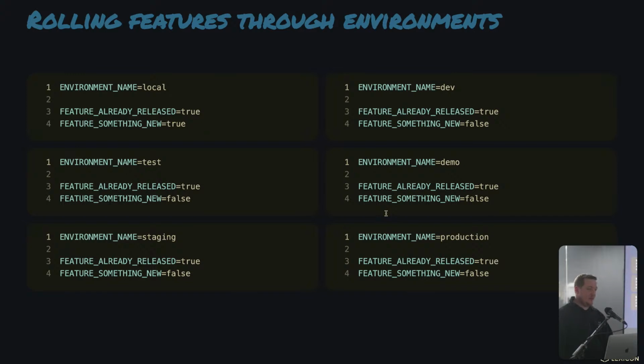And then we just control them. So here's a couple of config files for all of my different environments. You can see here I've got 2 feature toggles in my system, and I've got one that's already released, so it's true in all of the environments. And then I've got a new feature. I'm building something new. And so for this one, I have it set true in my local environment, just while I'm developing it. And then when I think it's ready,